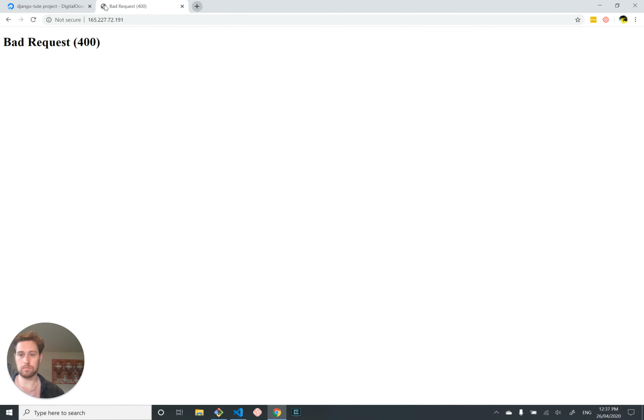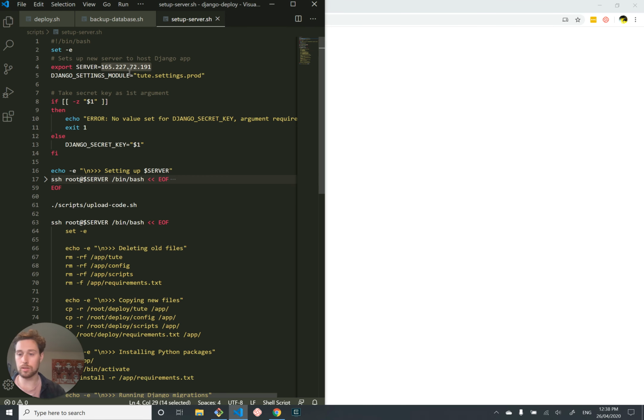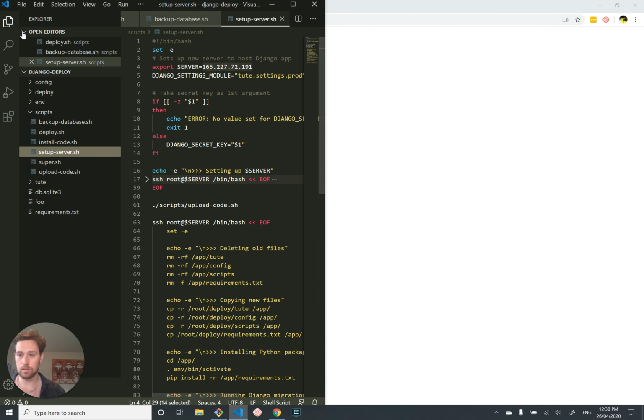Bad request 400. Can you guess why this is happening? Why would we get a bad request 400? I wanted everyone to see this at some point, but it's because we have told Django that it has a whitelist of allowed hosts and this is not on it. So let's add, I guess this will allow us to test our